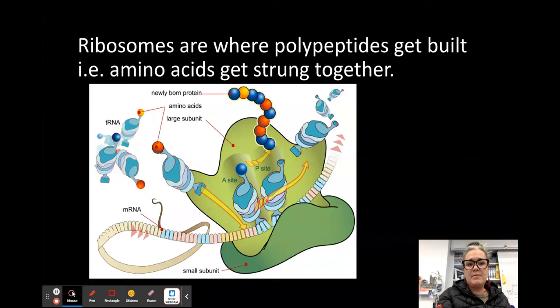Ribosomes are where polypeptides are built. A ribosome is ironically a protein itself, but it also helps in the process. It reads the messenger RNA, which comes in sets of three, and it reads three of those coded